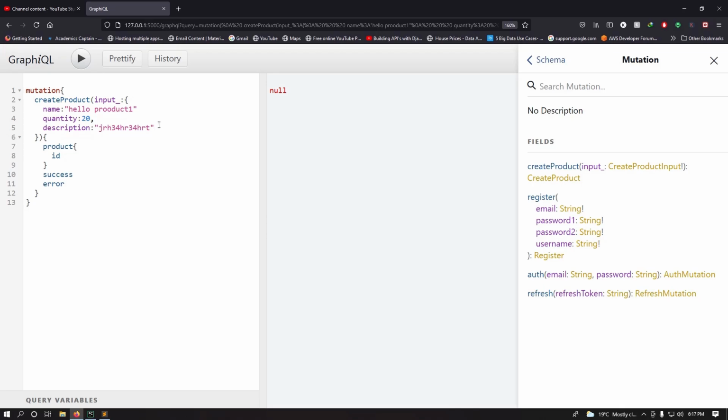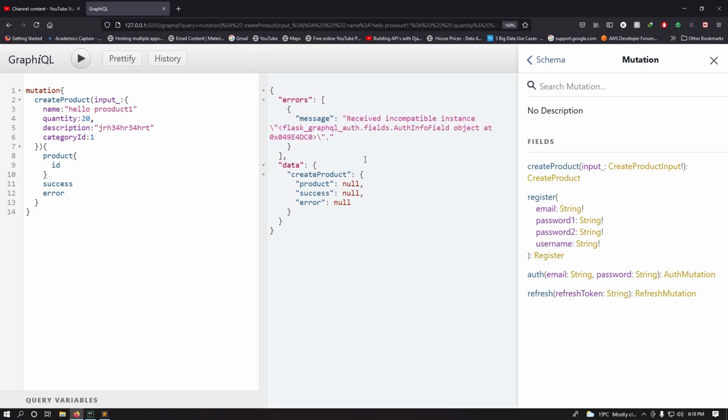Or category ID. So category ID, I think you see, you have to make sure that you camel case even though you used underscore over there. And then category ID, we will say category 1, though we know that we don't have any category as of now. And then just run, and in that case it would create, but you see it's giving us an error from Flask auth because we are not authenticated. So take this query,